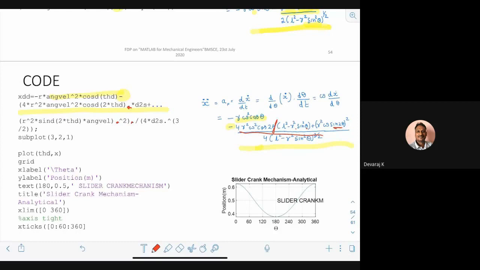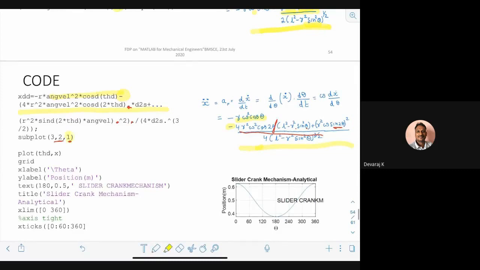Now once you do this part and execute only the analytical part, I know that I have to generate 6 graphs, and the first graph is for position. So how do I define it in the form of a table? I want the left table for analytical and the right side for symbolic. So the left one means 3 rows, 2 columns is what I'm defining as subplot. In that, the first plot